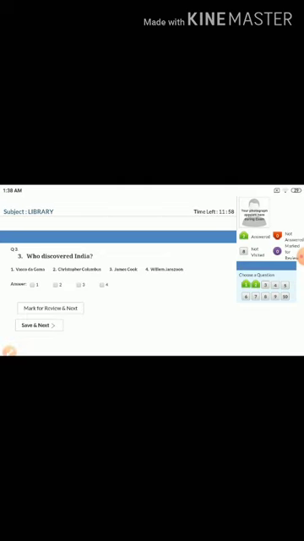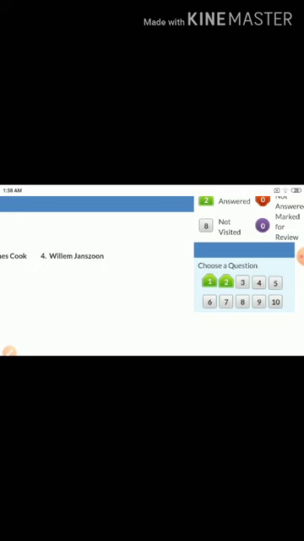Okay, now see the right side. On the right side you can see that questions 1 and 2 are marked in green color. Why? Because these questions have been attempted by you. So green color means question attempted. White color means not attempted. Simple. Even red color means not attempted.